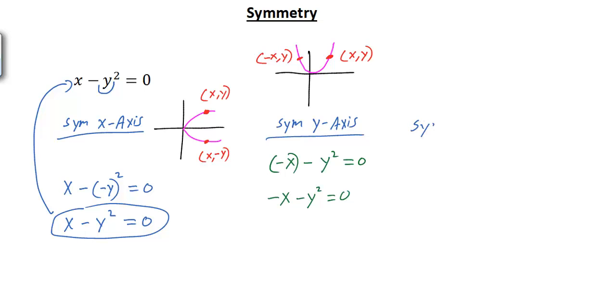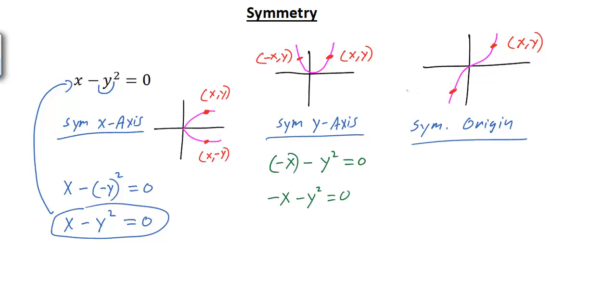And last, we want to look at, is this thing going to be symmetric with the origin? Well, if we recall testing symmetry with the origin, if we have the following graph, if your graph looks something like this, that basically says that if we have a point x, y, then that means if you plug in a negative x, you're going to get out a negative y. So in this case, for the testing symmetry with the origin, we're going to do substitution for both. We're going to plug a negative x in for your x value, and then for the y, we're also going to plug in a negative y,